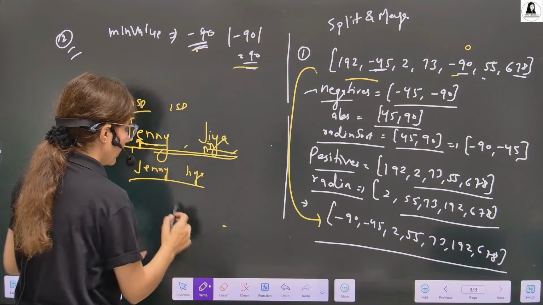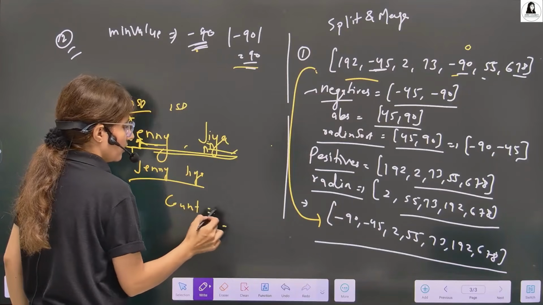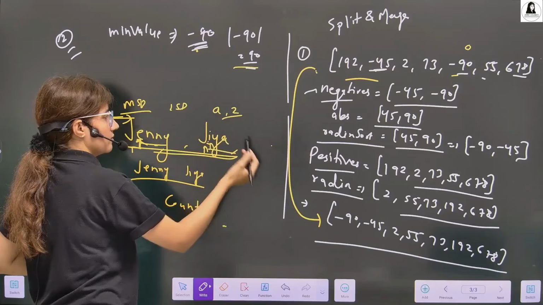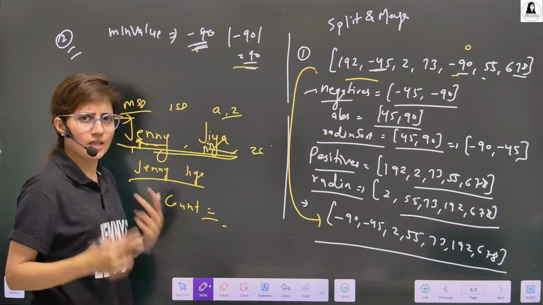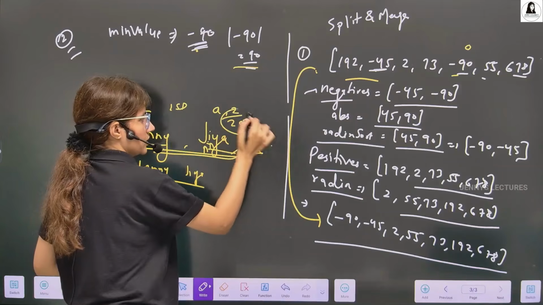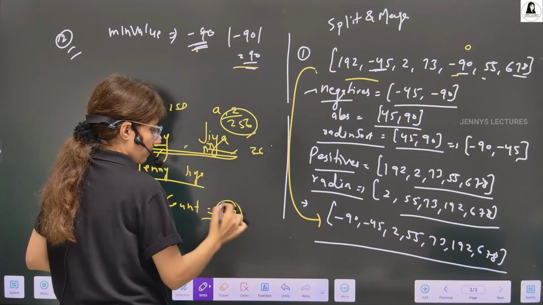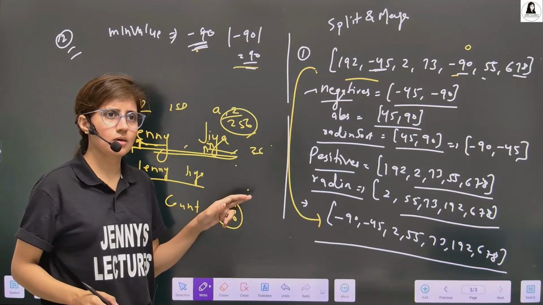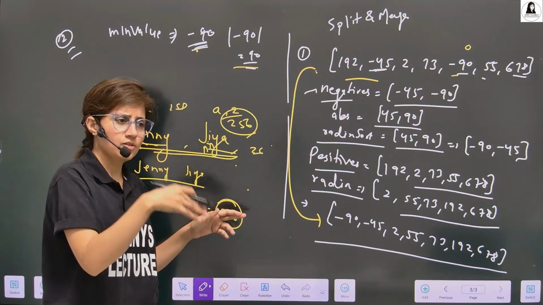On strings, I told you about the count array. If you fix that, I'll take only the letters from A to Z, so we can take 26. Otherwise, for a universal approach, you can take all the ASCII values, which is 256. That covers all the alphabets, small or capital, and some special symbols like space or semicolon.